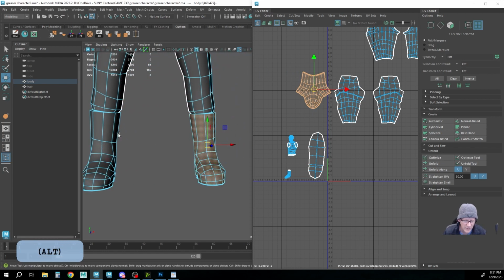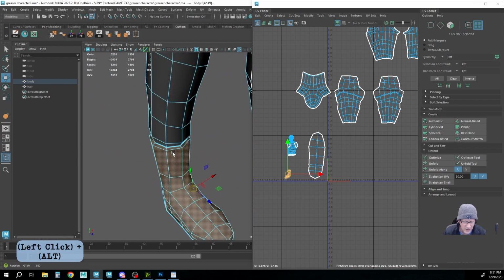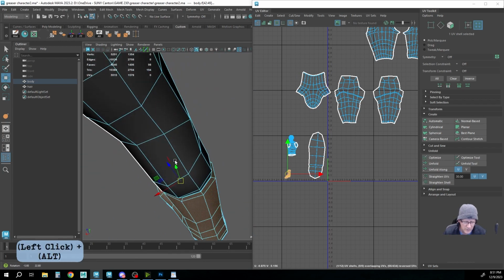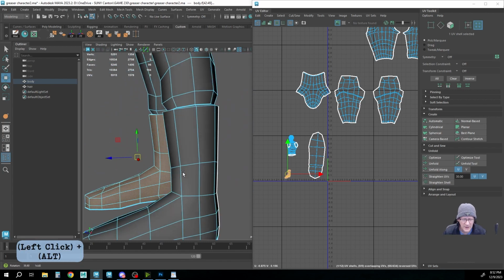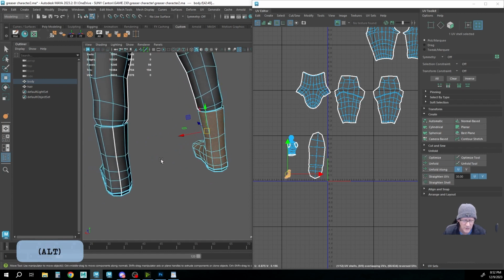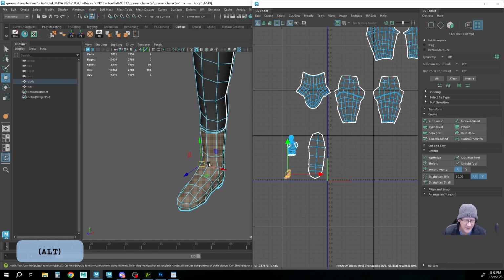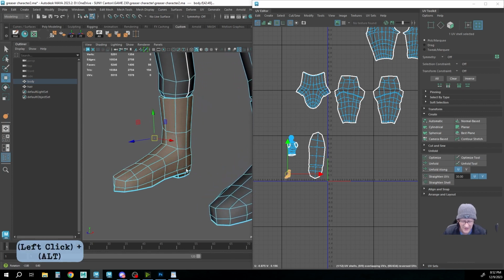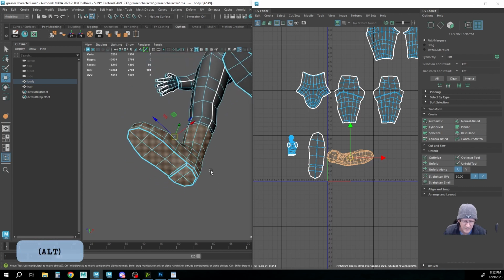Let's go to the other boot. Make sure everything is nice and selected. Like they say in construction or woodworking in general, measure twice, cut once. If you cut in Maya, it's not as big a thing as it is with wood, but it is nice to not have to redo something. Then we'll go to normal based,